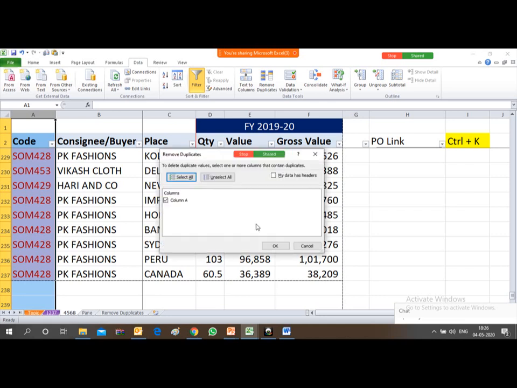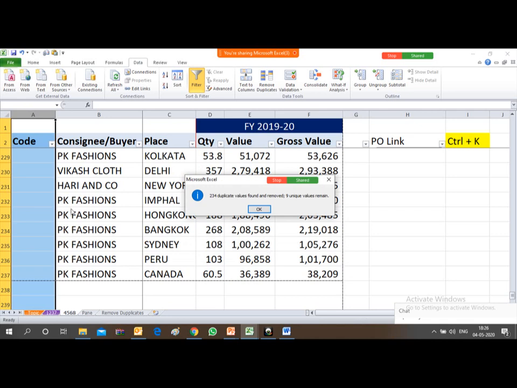I have just pressed it, and then press OK. Now you see the dialog box is saying 234 duplicate values found and removed. So the system has done its work by removing 234 duplicate values, and only 9 unique values are remaining.